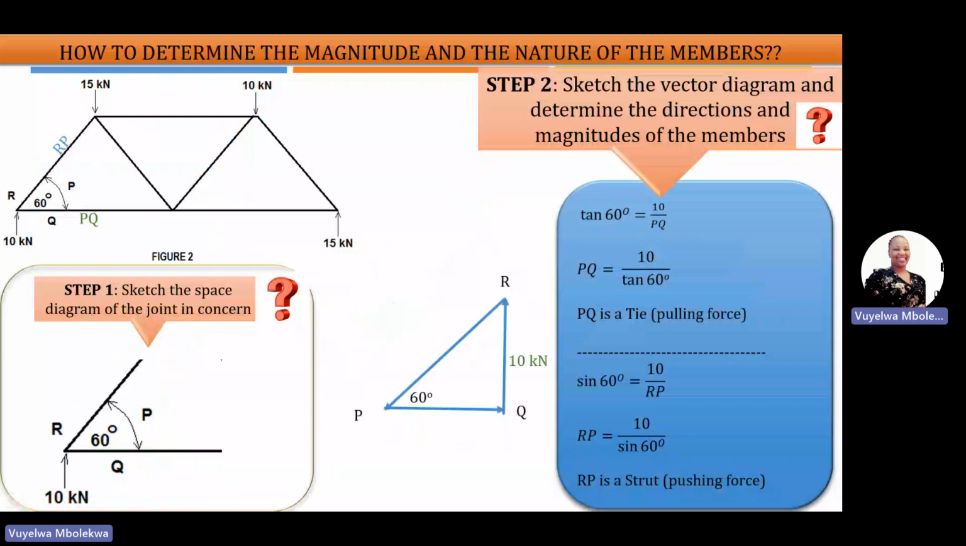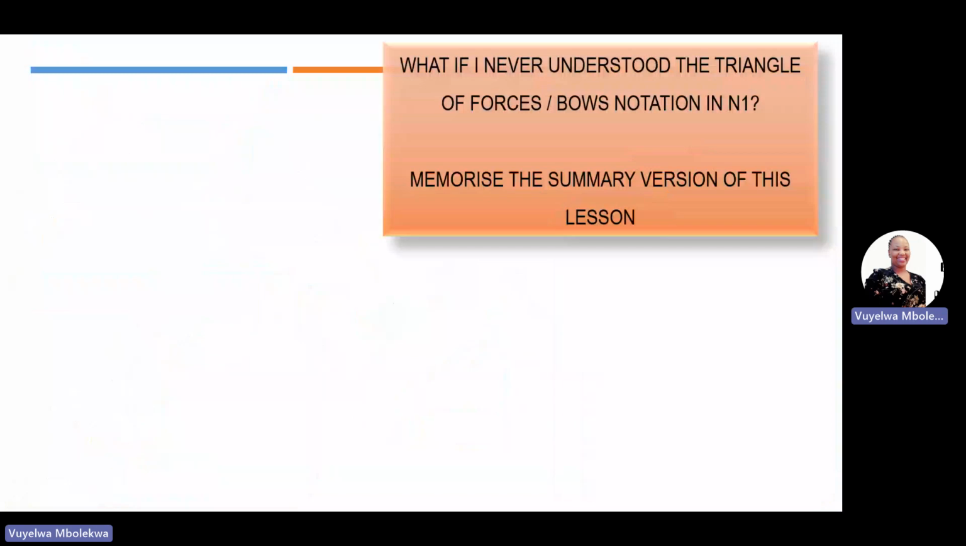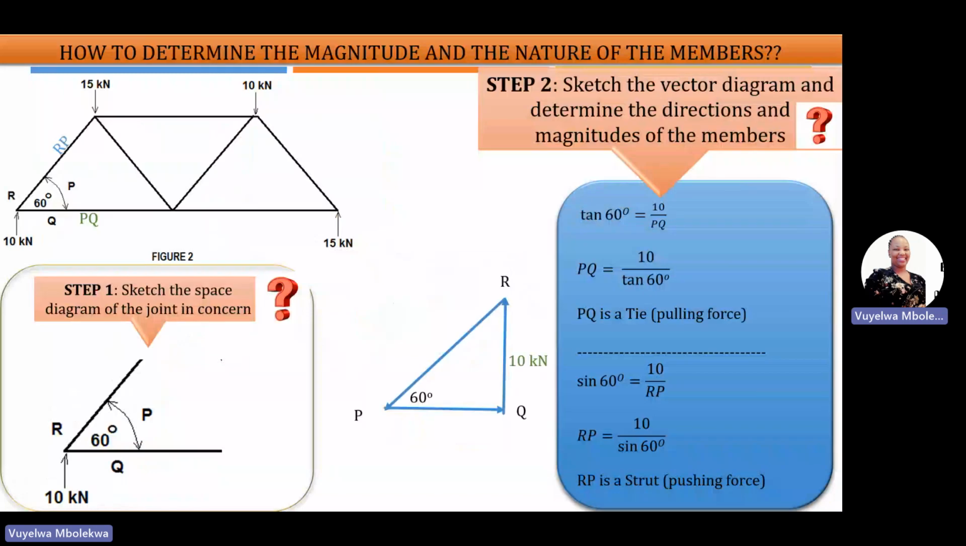And then sine theta. To get the PR, which is now the hypotenuse, you're gonna say sine theta. Sine theta is opposite over the hypotenuse. Okay. And then to know whether it's a strut or tie,